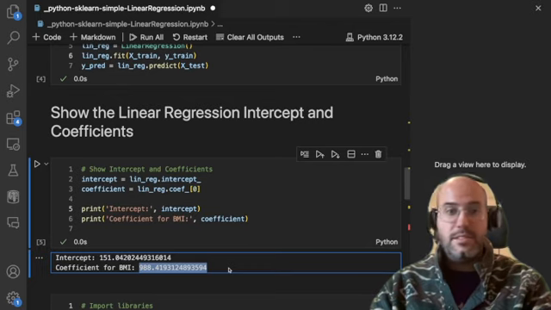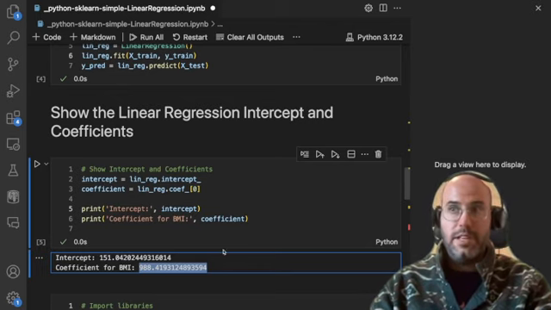So essentially the disease progression of 1 unit of BMI is